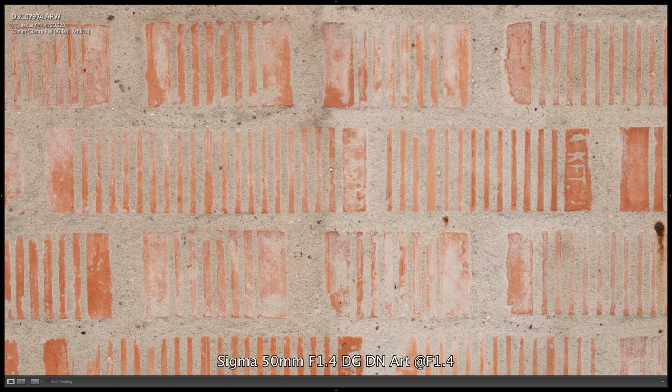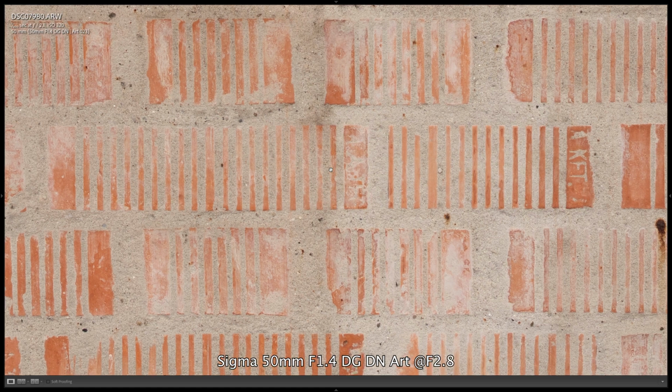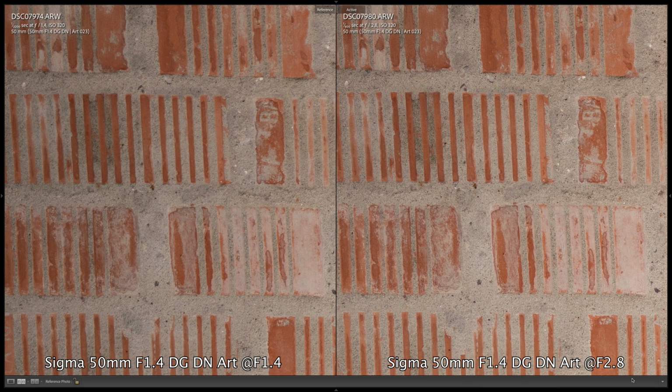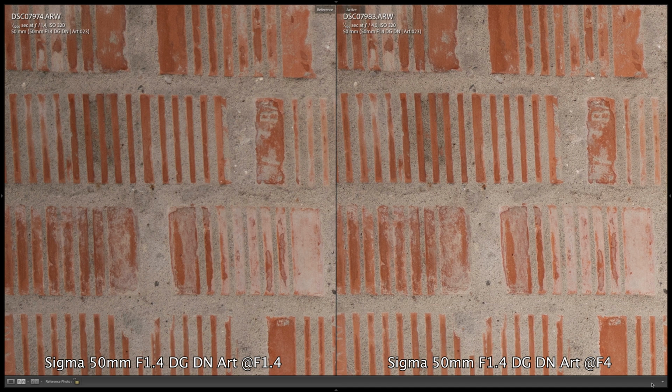But really, even at full aperture, it's almost as sharp at 1.4 as it is at f2.8 or f4. Unbelievable details shown in the test pictures, and this is not just in the center of the image, but also at the edges. Here at the sides and the edges we can see a tiny difference when we stop down to f2.8 or f4, but this is still remarkable because the difference is only minimal and it already performs very